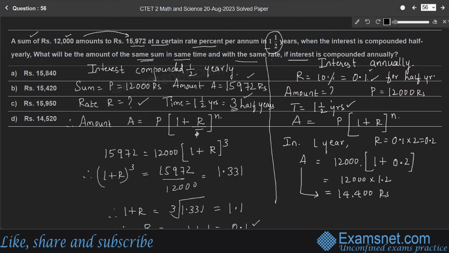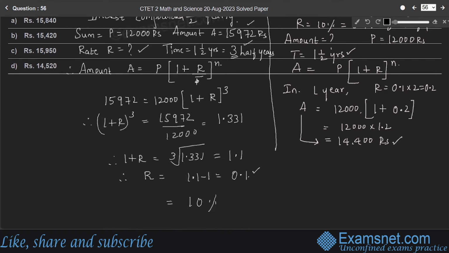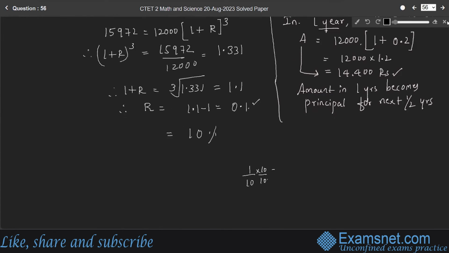So while calculating the amount in the next half year, in the remaining 6 months, the amount calculated in the first year becomes the principal. On this amount, we are going to calculate the total amount. Therefore, this becomes the principal for the next 6 months, for the next half year. Therefore, in the last 6 months,